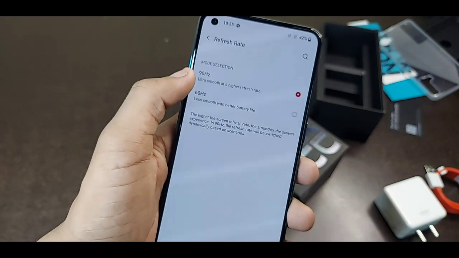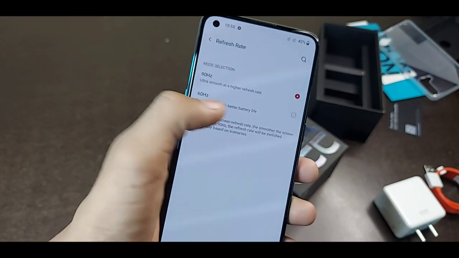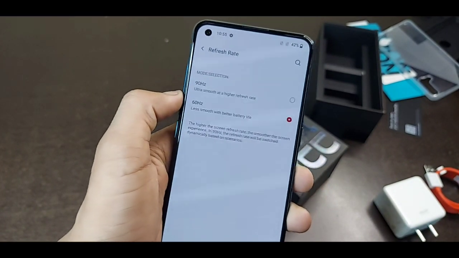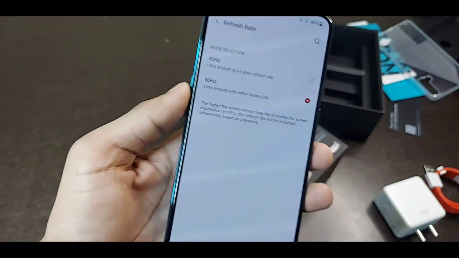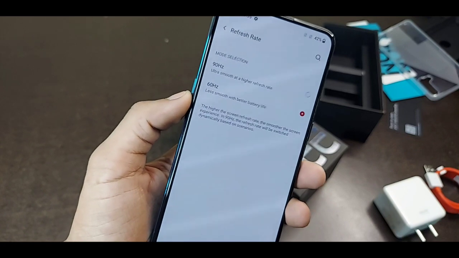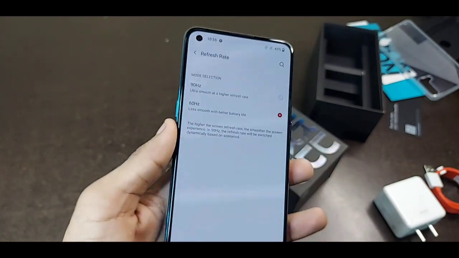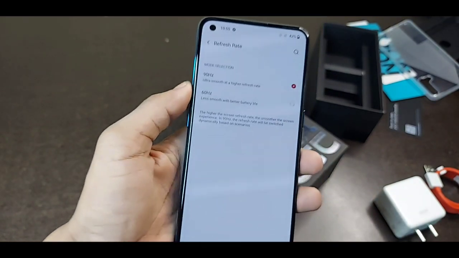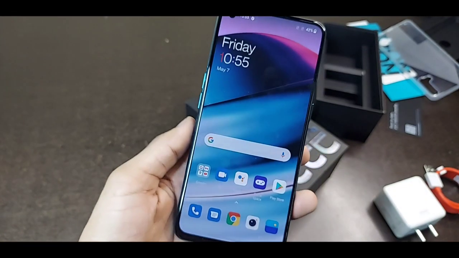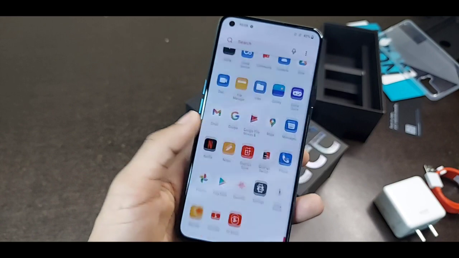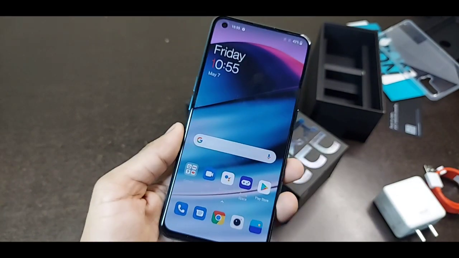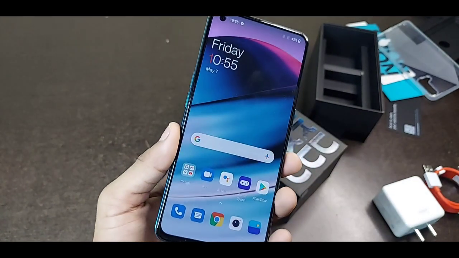It's set to 90Hz by default. You can set it to 60Hz to save your battery life, and if you don't want to save battery life, the battery life of 90Hz is good enough for you, so you can set it to 90Hz. In 90Hz mode, you can use your device with a butter smooth experience.